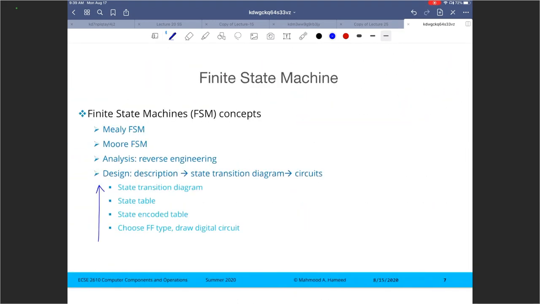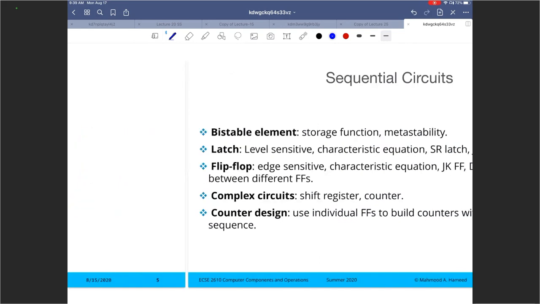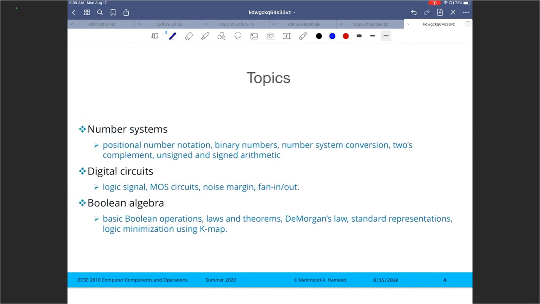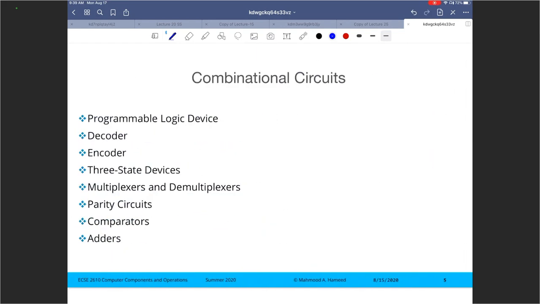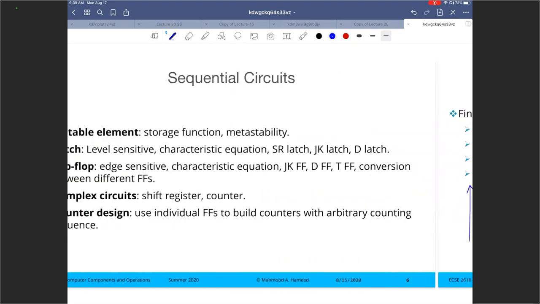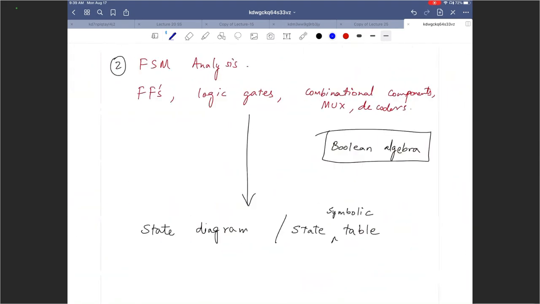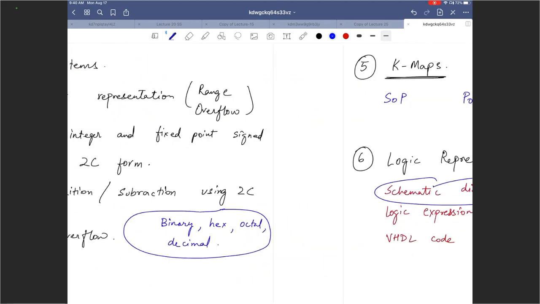Okay, I can do that. Let's see. All right, so go all the way here. So Boolean algebra, your Boolean algebra properties, I may not give you a specific problem just to do Boolean algebra, but I'm going to assign you Boolean algebra work in the FSM analysis, right? So Boolean algebra is covered over there. We covered this,